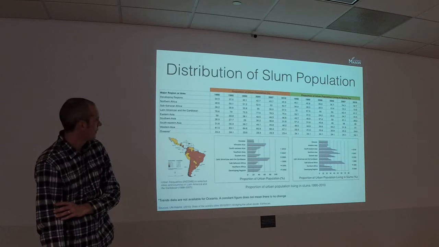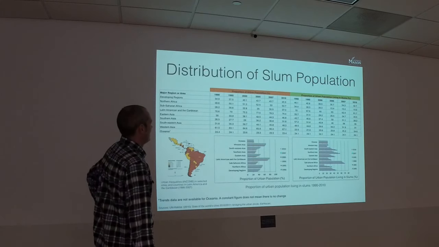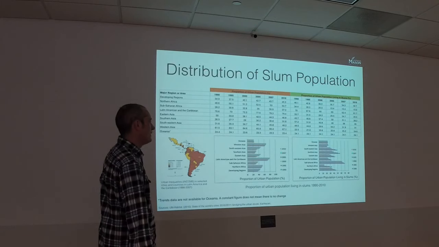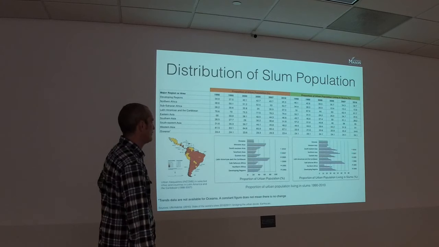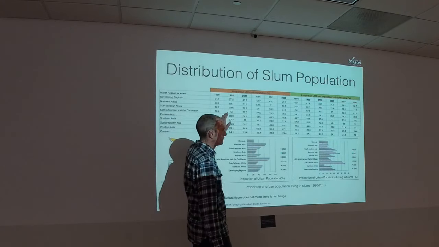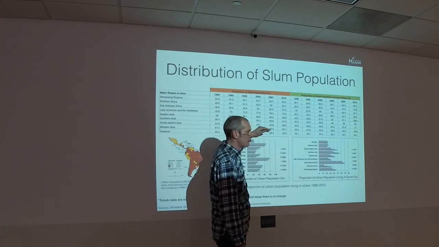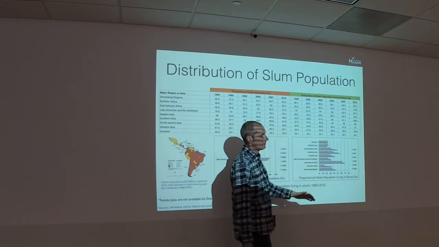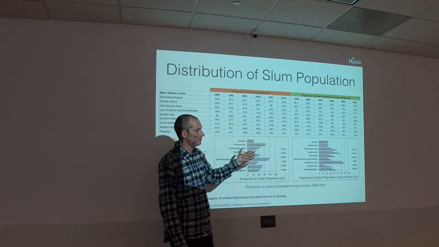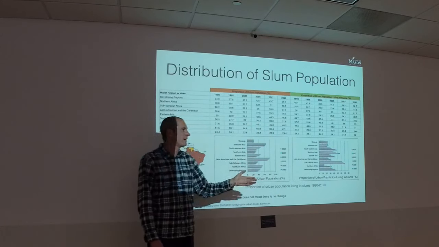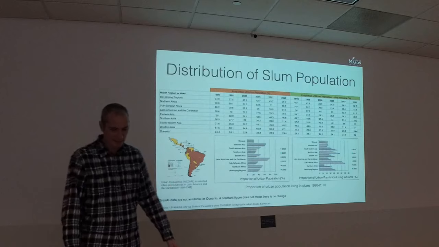But it looks like lots of the proportions seem to be declining. Yes, but the population is growing. This is the proportion, the percentage, right? So while the proportion might be declining, the actual number of people is increasing. These are percentages, not numbers. I guess numbers would have been a better thing in that example.